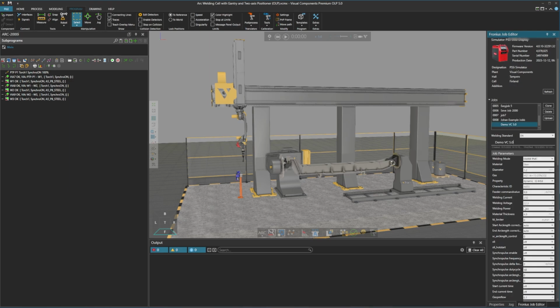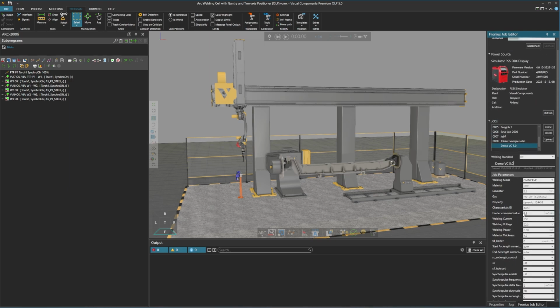Here you can now do all the changes you want. And after you have finished with that, you can either decide if you want to delete it or if you want to upload it. But keep in mind that once you have uploaded it, you cannot delete it. You can only delete it directly if you are physically with the power source. So you cannot delete it from VC. You can only clone and do changes, but once you have uploaded, you are no longer able to make any changes.